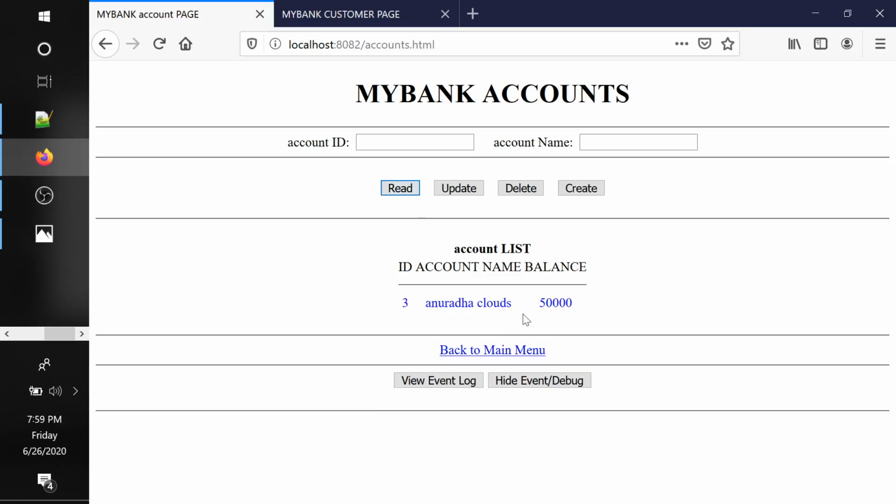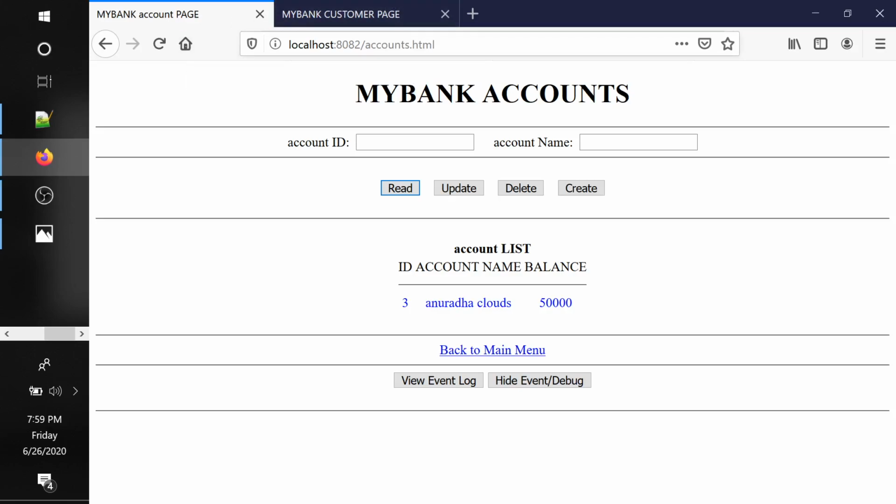So you see, this is one security issue. It's not a security issue, it's a security prevention, you can say. The browser is protecting you from making cross-site references. From 8082 you cannot call 8081, from 8081 you cannot call 8082.